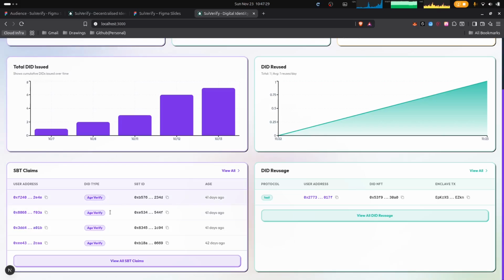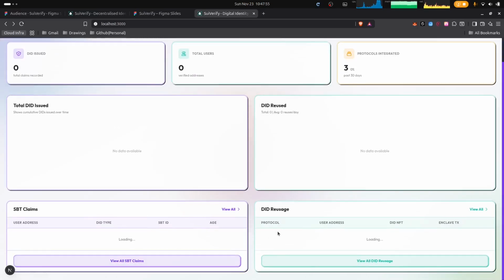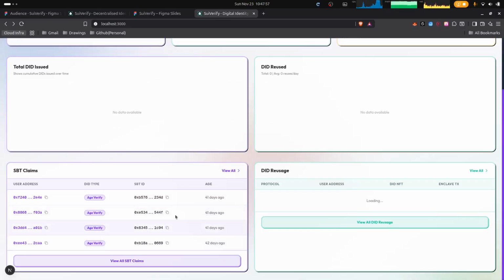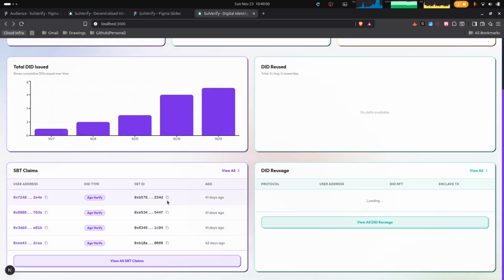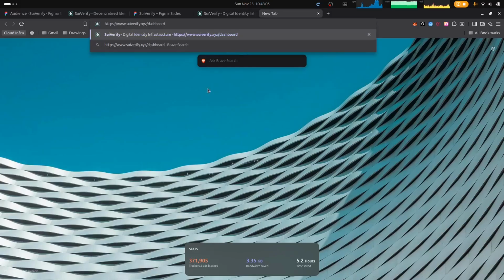As you can see, these are the SBT claims happening, like the claim that we did. Our indexer has just started right now, and it will increase from checkpoint to checkpoint. It goes to each checkpoint and consumes every piece of data regarding the SBT claims happening in our module. So it's like 41 days ago, 42 days ago. I can also get this SBT ID here, and SuiVerify